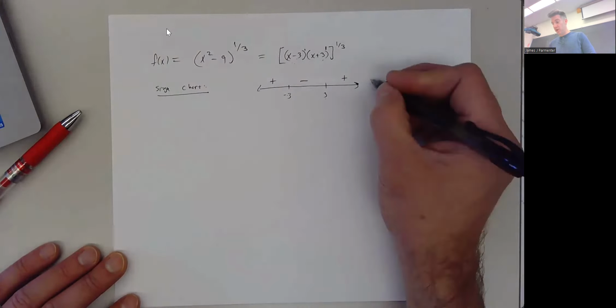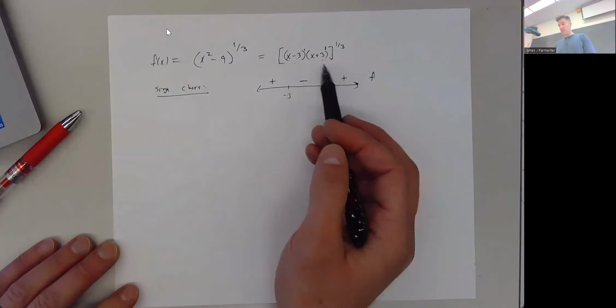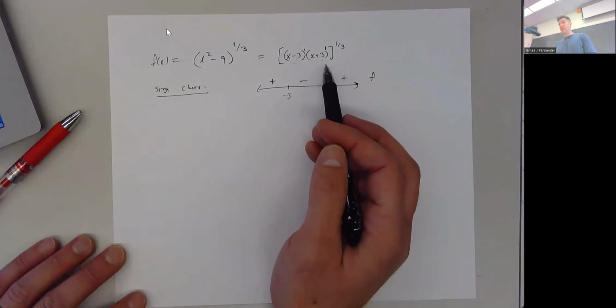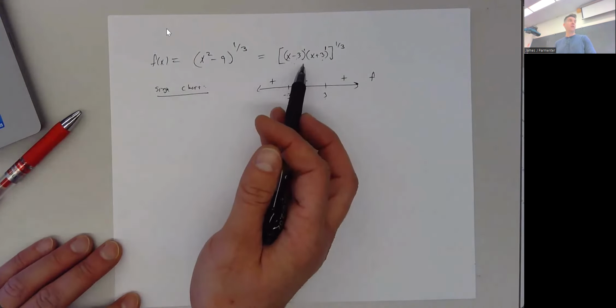Right? This is just the sign chart for f, not for f prime. We're not talking about increasing or decreasing yet. Well, let's go ahead and talk about increasing or decreasing. So let's go ahead and find the derivative. Now, usually it's nice to factor things so that we can see what's happening, but it's usually nicer to take the derivative of the unfactored form